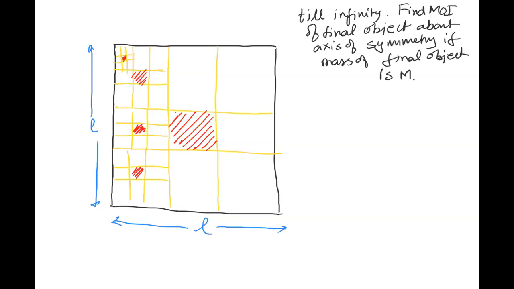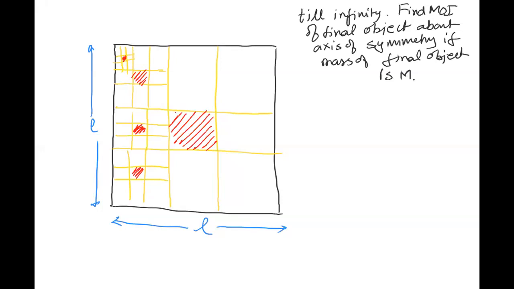I take a square plate of side L and I divide it into 9 equal parts. And then I take out the middle part. Then for the remaining 8 squares, I do this activity again. Take out the middle part. And then